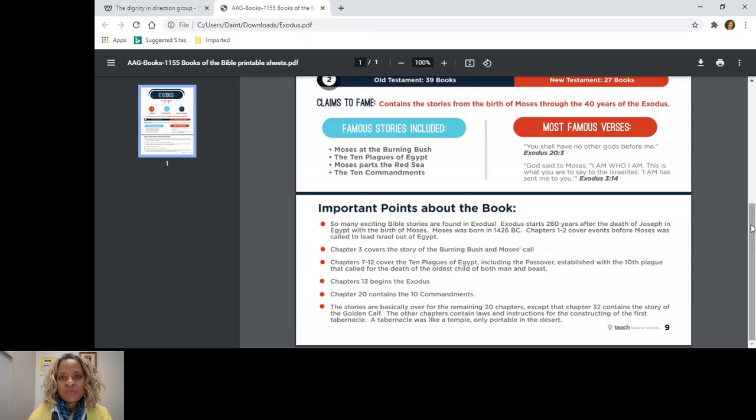And then on another website that is activelylearn.com, it mentions how in the Judaic faith, the book of Exodus is considered the most holy book of the Torah. It's that important to Judaism.